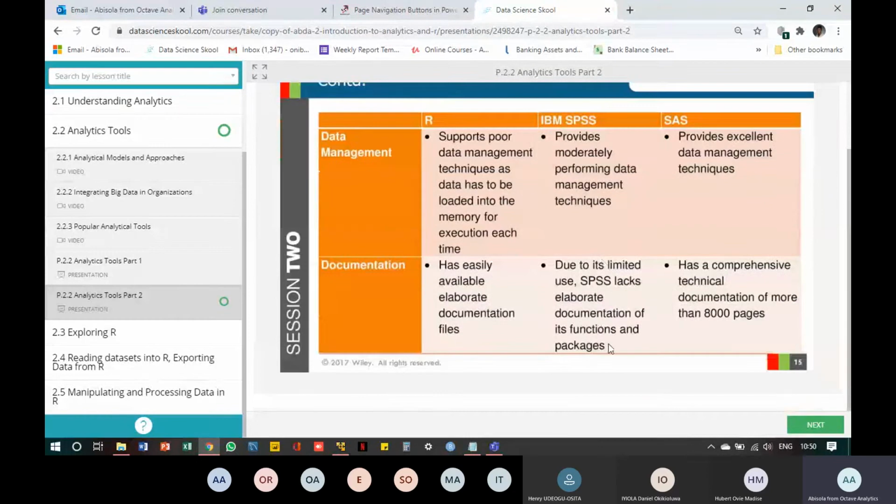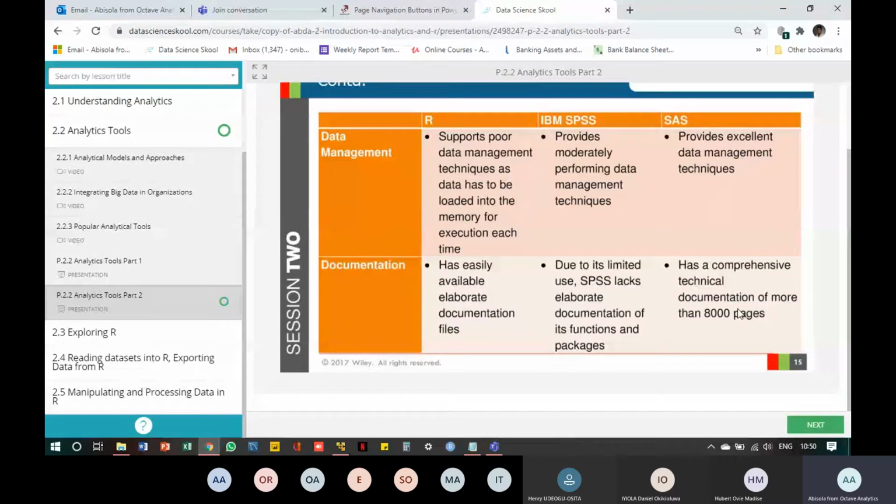SPSS is not really used. The more reason why I don't know too much about it, because R and SAS have taken over the market. R is used in place of SPSS, and SAS is the one used in big organizations that have a huge volume of data. So SPSS doesn't have so much documentation online.